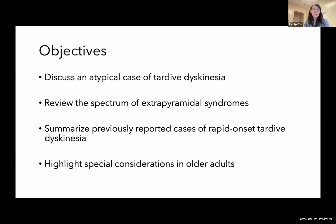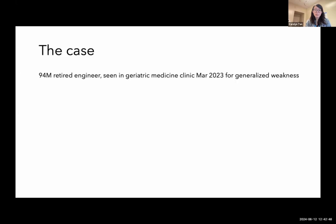So the objectives are to discuss an atypical case of TD, to review the spectrum of extrapyramidal syndromes, to summarize previously reported cases of rapid onset TD, and to highlight some special considerations in older adults. So this case is of a 94-year-old retired engineer who was seen in the geriatric medicine clinic in March 2023